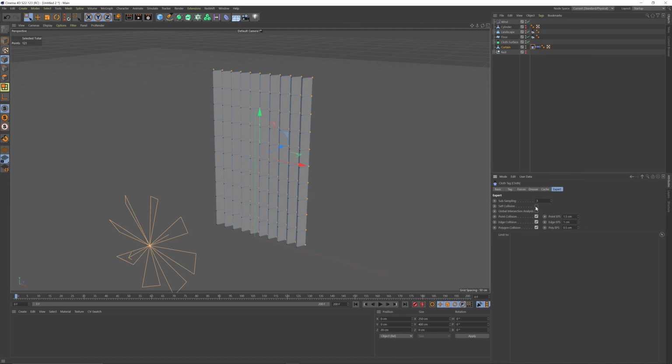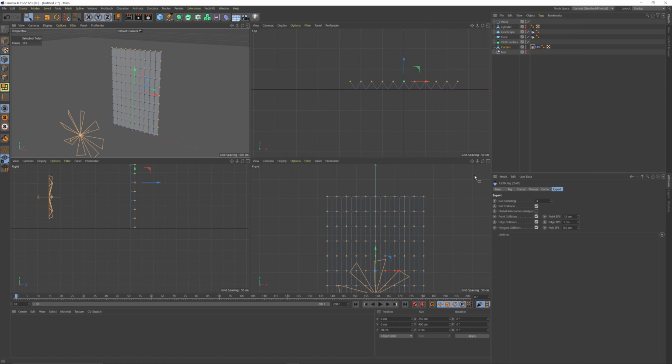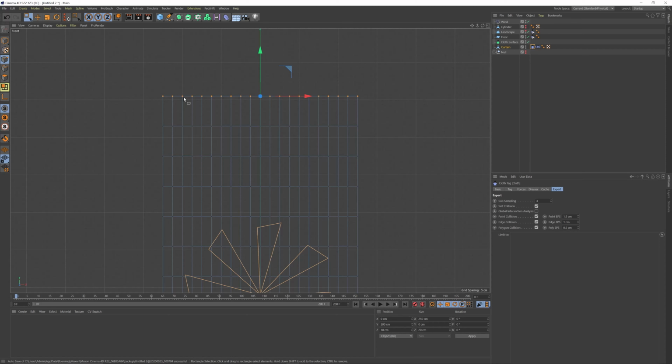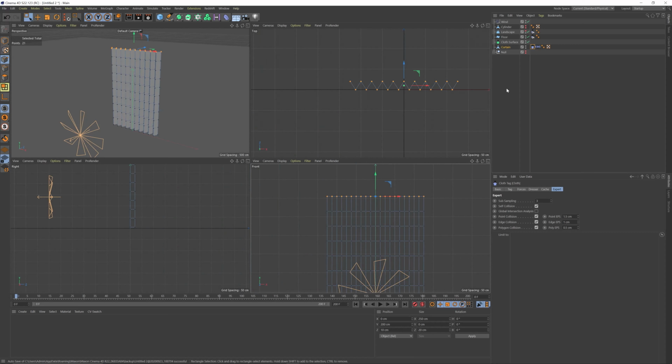Let's turn this on to self-collisions, and now we are going to go into our front view because we don't need all of these points. We're going to go to our front view, select all the top points, not just every other point, all of the points, because we want to belt the whole thing. If you look at a hospital curtain, in some way or form it's all belted, because if it wasn't then we'd get sag in there. So select all the top points, go to our cloth belt tag, we're going to hit